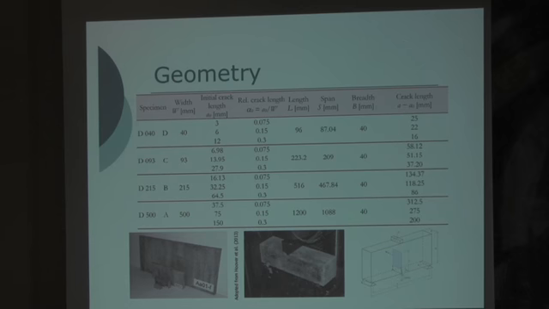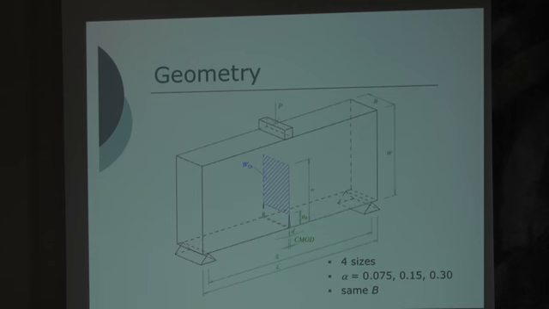The same breadth was chosen for all test specimens, and for the purpose of our study, we chose 3 basic initial crack lengths. To summarize this part, we chose 4 sizes of test specimen with different widths,